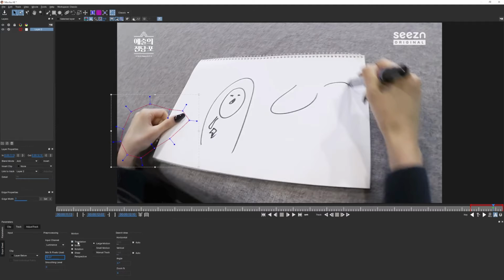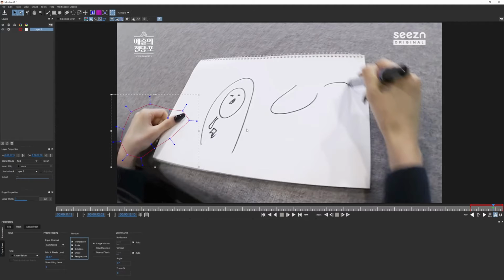This section here is that you can tell it to select how you want it to track. Like if I wanted to track just the motion, like the 2D motion of something, I would just do translation. If I wanted to track something zooming in, I would just select scale, so it wouldn't rotate or anything. In this case, I want to track everything. So I want to track perspective, everything,